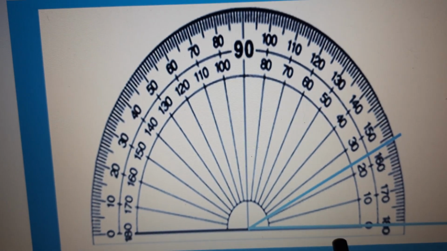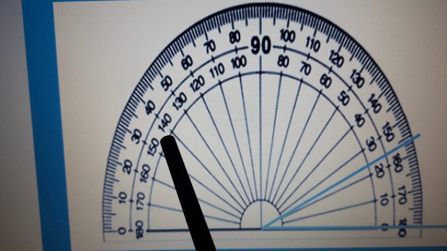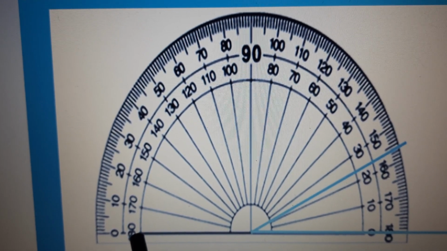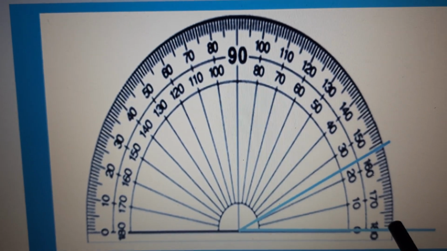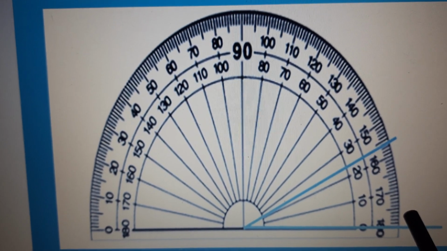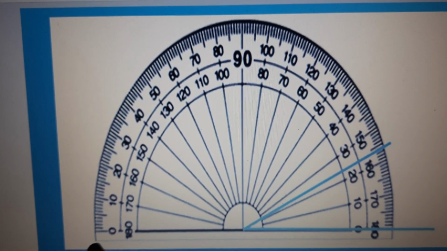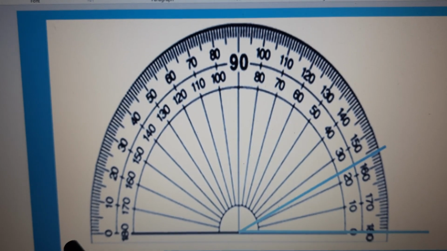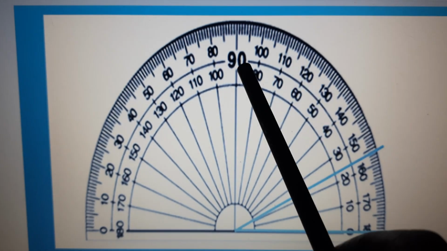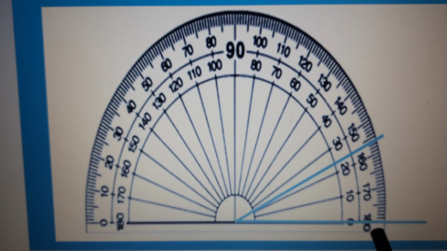Straight line is 90 degree. Okay. Then over here 100, 110, 120, 130, 140, 150, 160, 170, 180. So 180 is a straight line. We just learnt it, that straight line is an angle making 180 degree. Okay, this is from inside when you see the 0. Now this is from left to right, okay, clockwise. So this is 0, 10, 20, 30, 40, 50, 60, 70, 80, 90, 100, 110, 120. It goes on till 180.